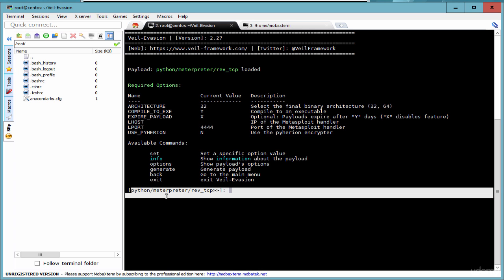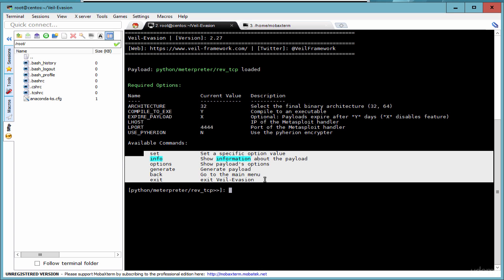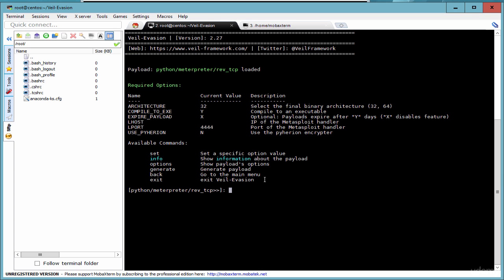and it will then present the screen which now says the payload has been loaded. Now we see the reverse TCP listing here in the bottom section, and we now have to set the different options. So firstly, we want to set the LHOST, which will be the IP address of this machine which has Metasploit and Veil installed, this machine being the attacker machine. We want to run the file on the victim's machine and then open up the port back to this attacker's machine so we can take control of their machine without them knowing that we have installed a malware device on